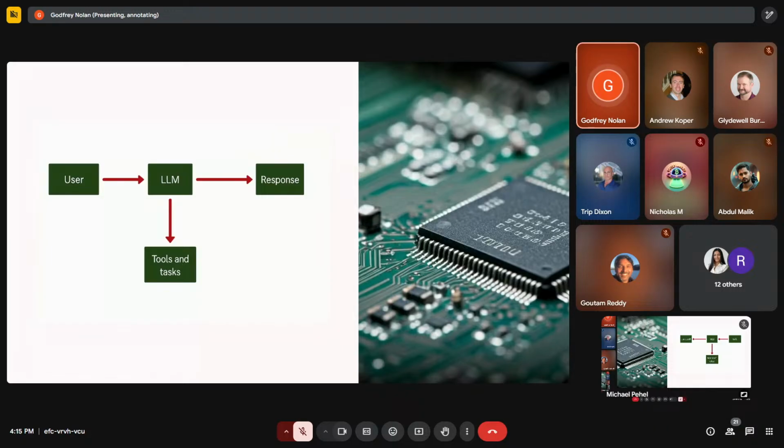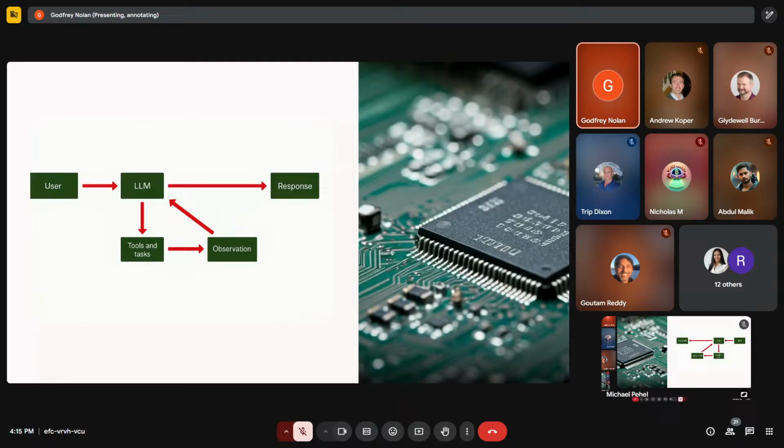Obviously, an LLM can't tell you that because it's not trained on the data. So it will move over to its tools and tasks. This is where the agent goes to work. And there's lots of different things. You can do a web search, you can do a file search, you can do a computer use, so it will actually take control of your computer and start doing web browsing or filling in Excel spreadsheets, or even an